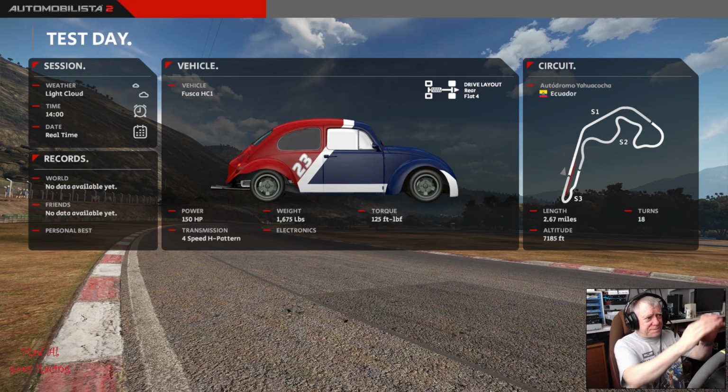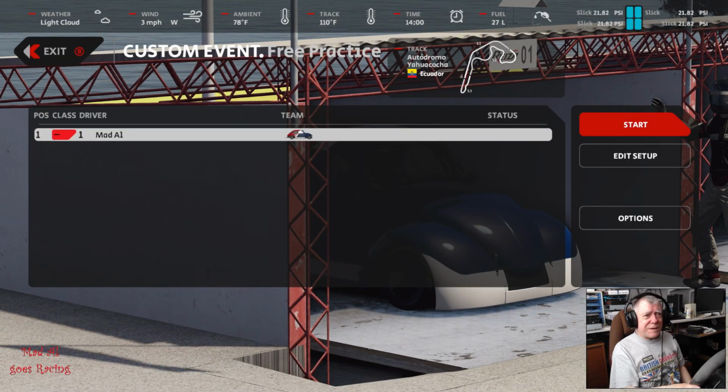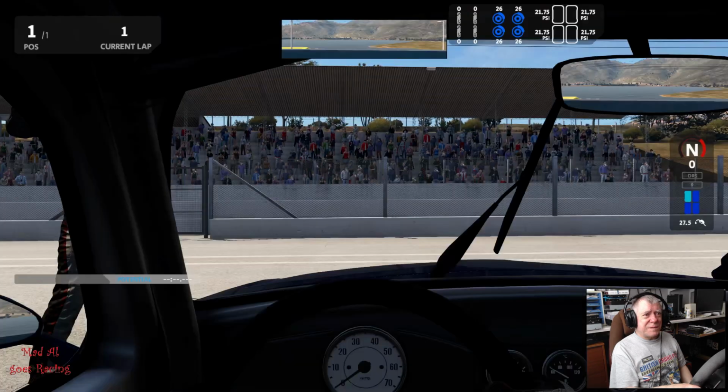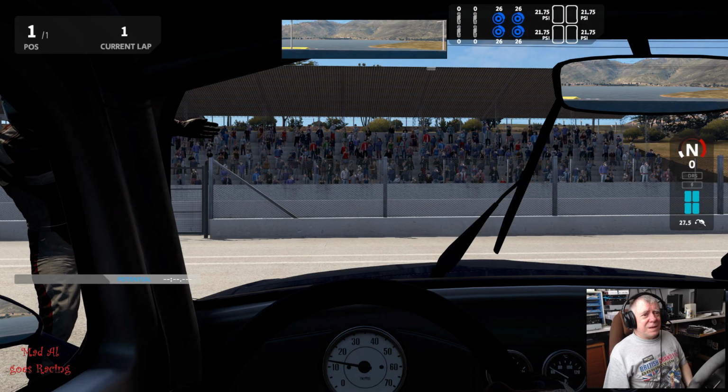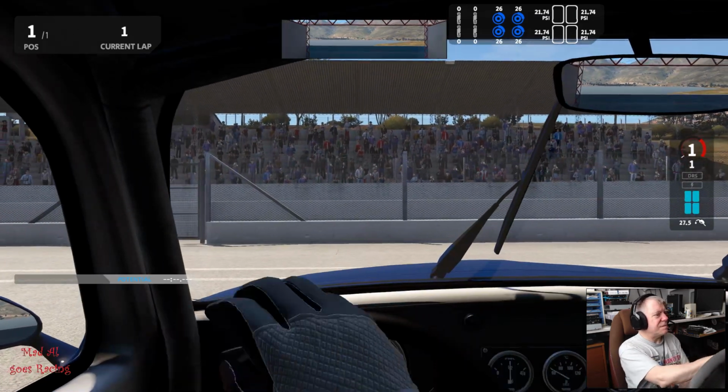Now a lot of people look at this and go, another boring slow car. It says it's got 150 horsepower. I don't know what it's actually got, but around here we're 2,500 metres above sea level, so it's likely to be a lot less. If we just pull up the telemetry, if I get my brain in gear and drive out,